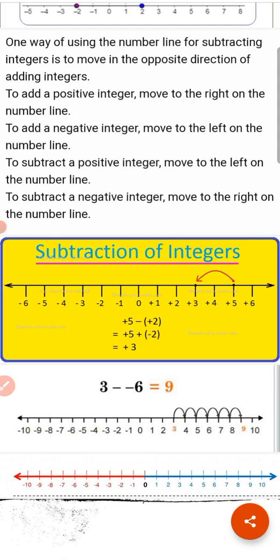To subtract a positive integer, move to the left. When we are subtracting a positive integer, move to the left. To subtract a negative integer, move to the right. When we are subtracting a positive integer,